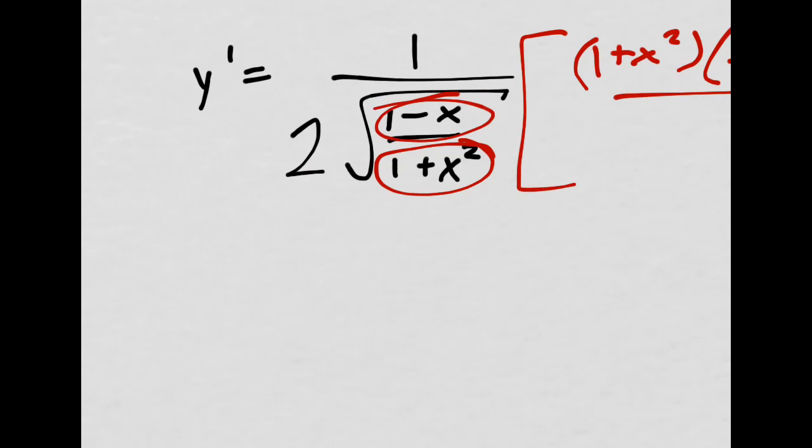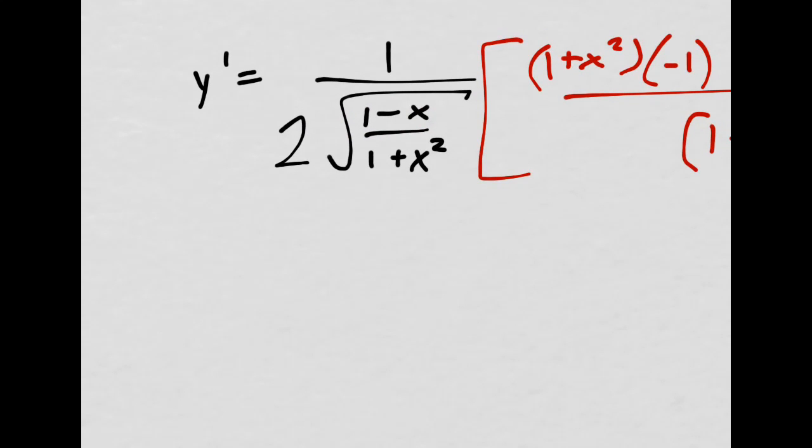So really, I need this to not be 0, because if the top was 0, then this entire fraction right here would be 0, and then I'd have a 0 in the denominator of this fraction. So I can't have this being 0, and I can't have this being negative. Remember, this is always positive, so really I just can't have this being negative. So what does that mean? What can it be? Well, it can't be 0, so it has to be not 0, and then it can't be negative, so